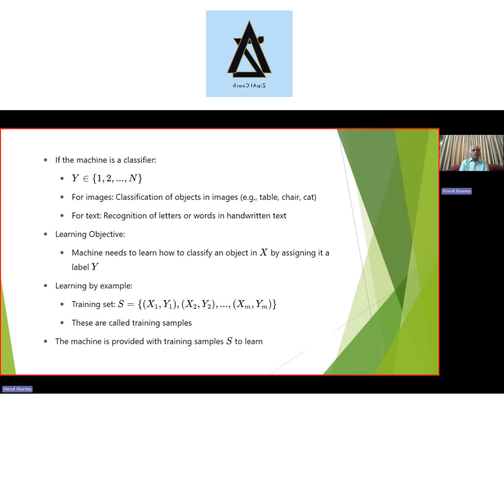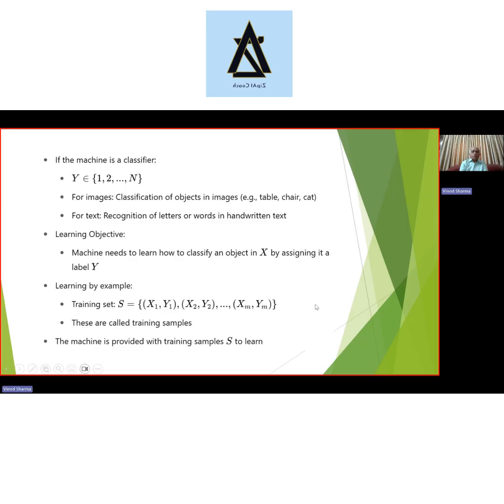For text recognition, there can be letters which we have to recognize, or words. It could be in handwritten text and so on and so forth. The machine needs to be taught how to, for example, classify objects given in an image by assigning it a label Y. For that, first the machine has to be trained for that kind of data, for that kind of application. For training